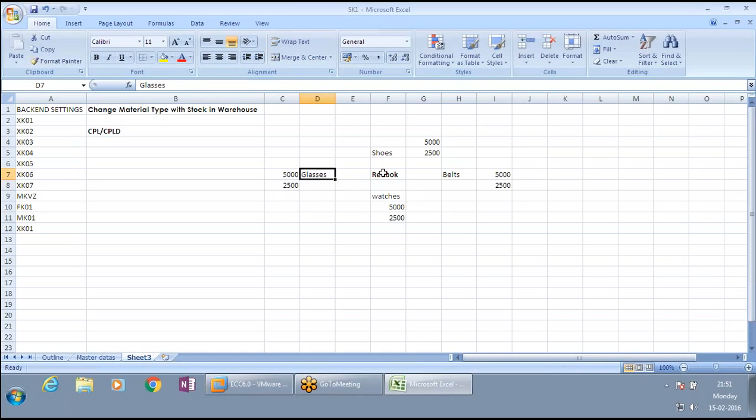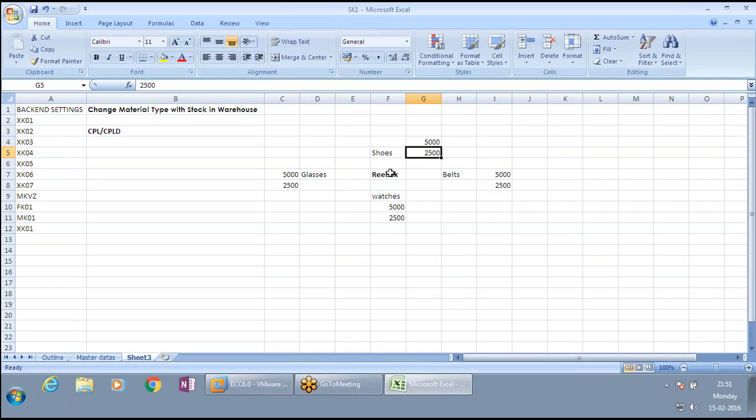The reason this is required is, say, I placed a purchase order today with a delivery date tomorrow. I said, boss, I have a huge requirement and I need to crack this deal no matter what. I want 5,000 units tomorrow morning in my warehouse. I called Reebok, convinced him, and he said okay, I'm sending it across. In the meanwhile the order got cancelled and went down to 2,500. This is what happens in real time.